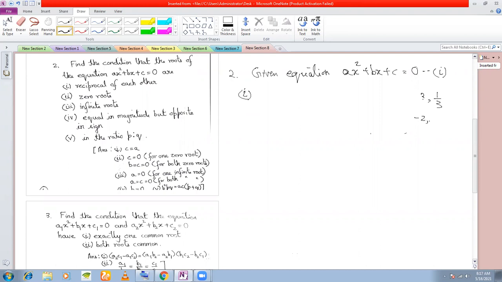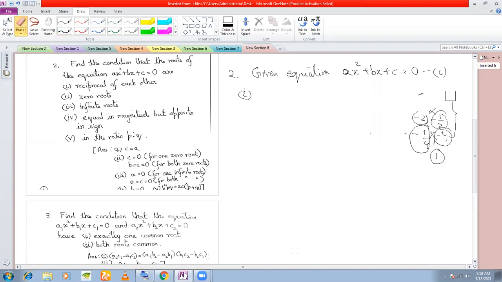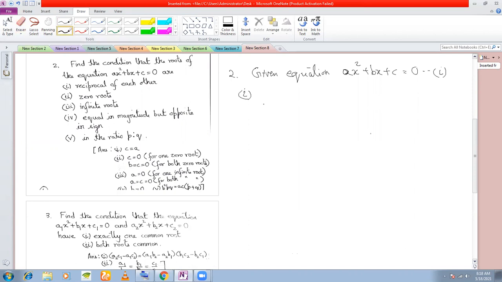One root is minus 2, the other root is minus half. One root is minus 1/4, the other root is minus 4, right? This is the way the roots must be if they are reciprocal of each other. That means if the roots are reciprocal of each other, what is the product of the roots? If you take the product of these two, the product must be equal to 1, isn't it? So therefore, we use this condition. Okay. But before that, we just write the relation between the roots.